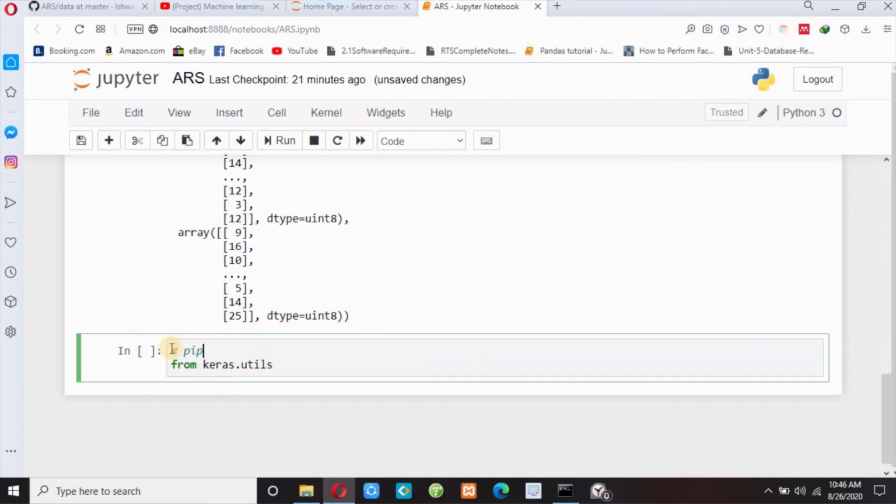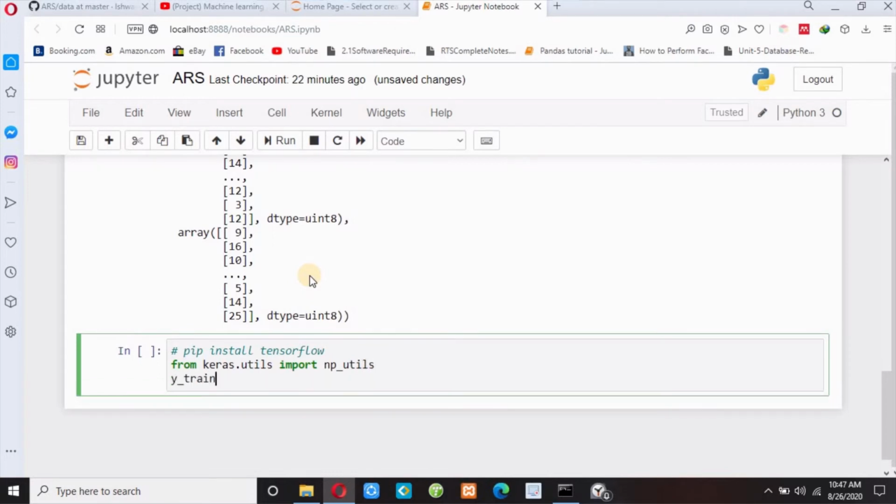So you can write pip install tensorflow, and then the keras library will install automatically. If not, you can write pip install keras also. But I think it will work if you execute this command only. So pip install tensorflow in your system, and then from keras.utils you need to import np_utils.